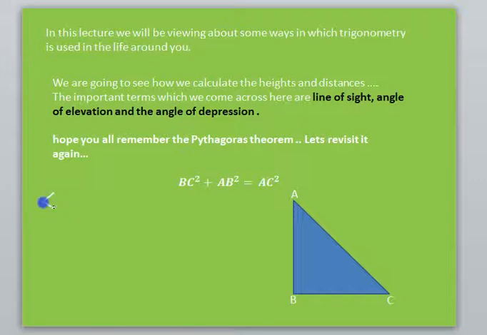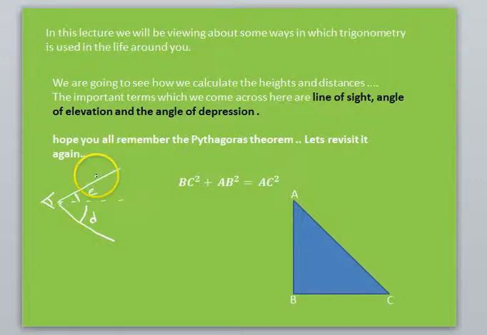If this is considered as your eye, this line which is parallel to your sight is known as the line of sight. If this is my line of sight and I consider this as some other vector or simply a line, then the angle which it subtends with my horizontal, or the line of sight, becomes my angle of elevation, which you can call E. And the angle of depression is just the opposite. If I have a line from here, the angle which it subtends, you can call it D. This is known as my angle of depression.